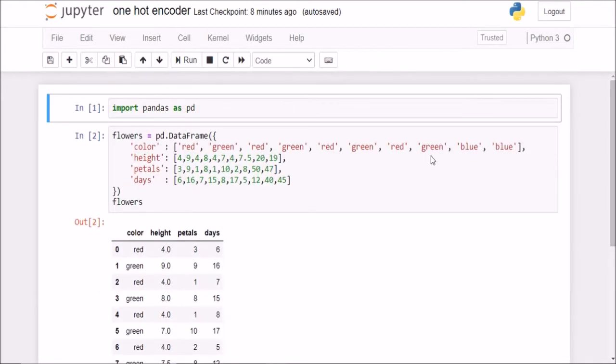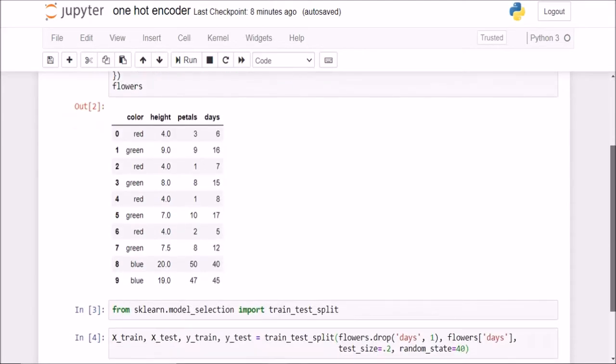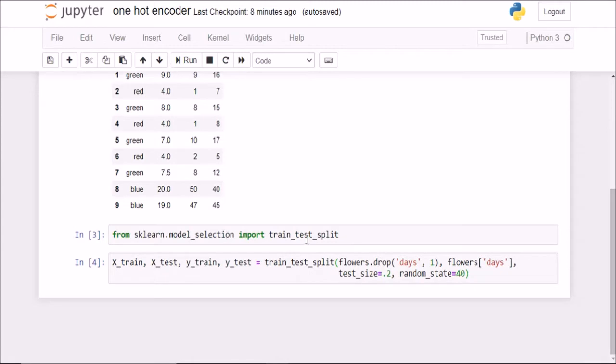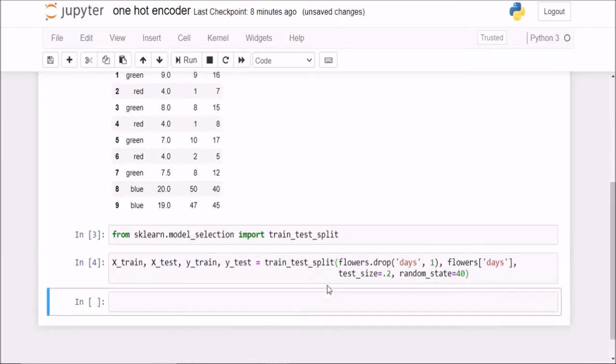Now I have imported pandas. I have created this data frame. This is the same data frame as we saw before. From model selection, I have imported train_test_split to split the data frame first. Now from sklearn.preprocessing, I'll import the OneHotEncoder class.